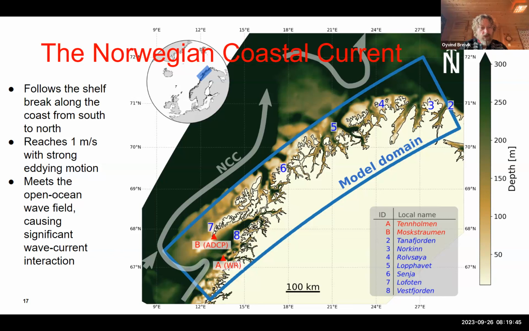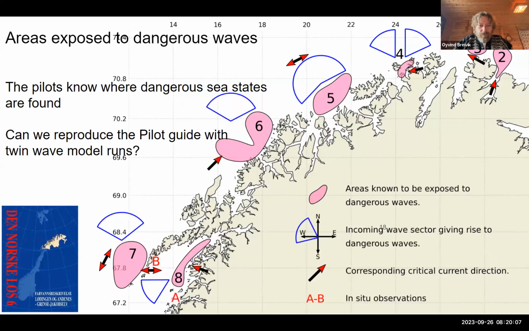And the Norwegian coastal current itself is quite strong. It's got a speed of typically up to 1 meter per second, and it's got strong eddying motion. So we have a case where we have strong tidal currents in certain locations. We have strong eddying motion up to 1 meter per second in a lot of places. And if we skip to the next slide, this makes for some rather